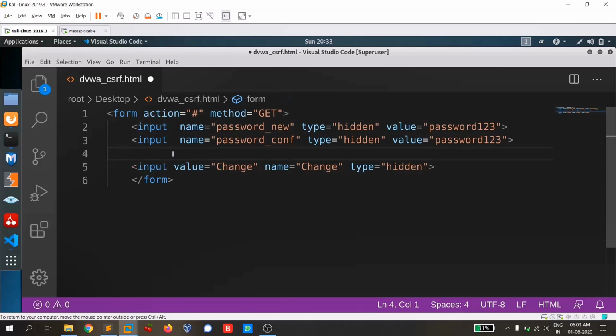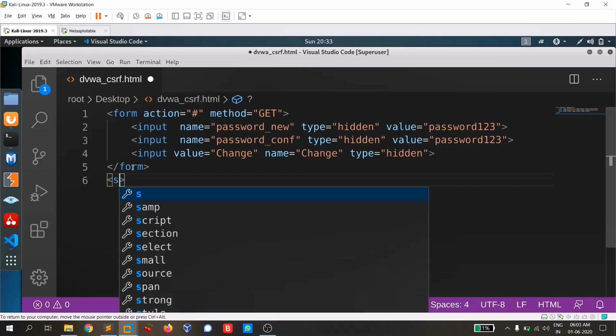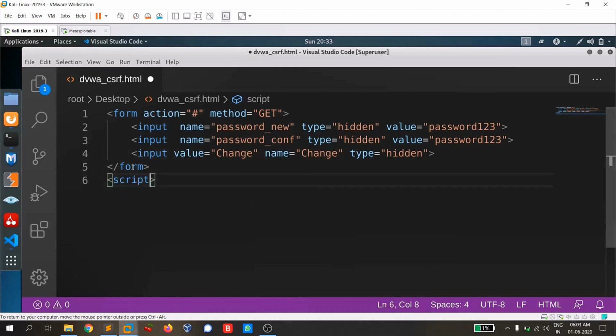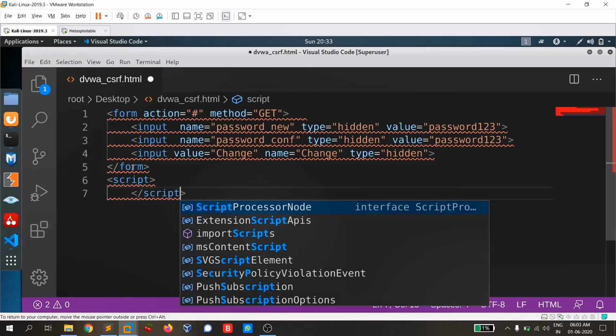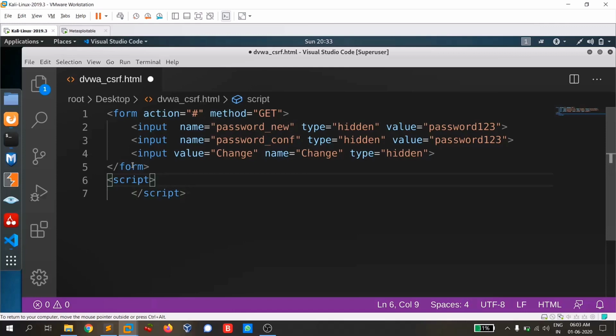And if you have a doubt like how this form gets submitted without even having a submit tag, I'm going to clear this doubt. I'm going to write JavaScript code, a script tag, so this is how the script tag looks. What we're going to do is give an ID for this form.